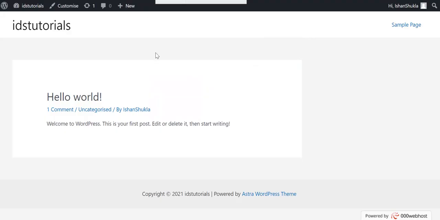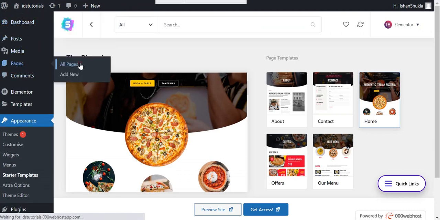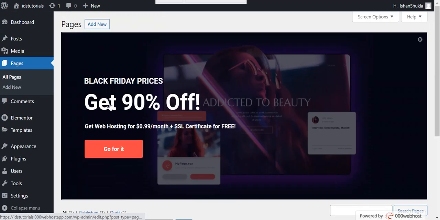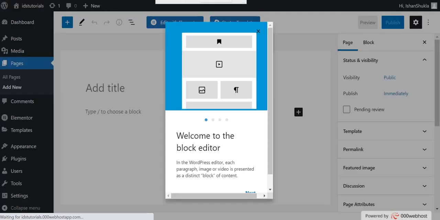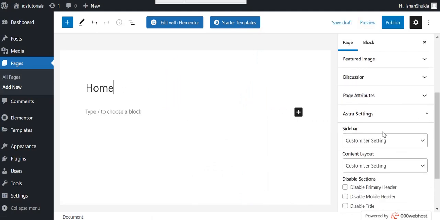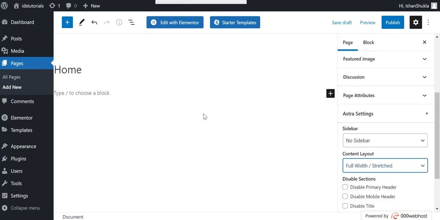our home page. So we will get back to our dashboard, and we will click on this pages option and click on all pages. You can also directly add from this add new page option, and from here we can click on this add new option. Okay, so now we will give it a title like home, and at the right hand side we don't want any sidebar, and we want full width stretched.